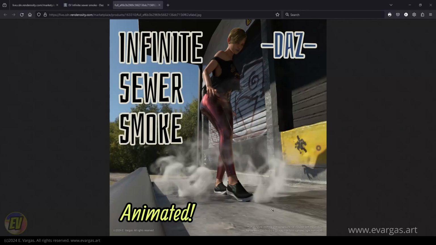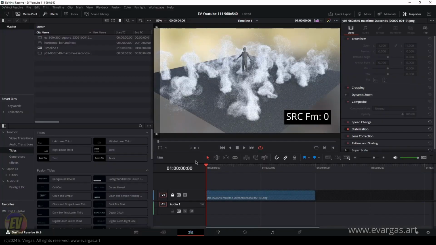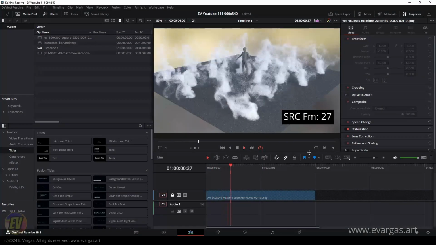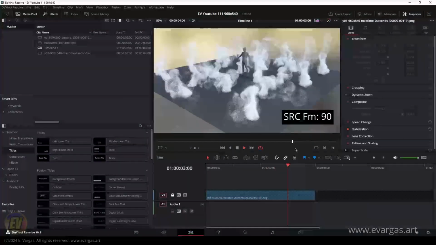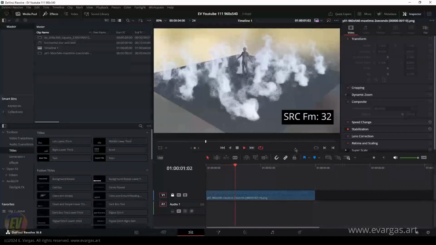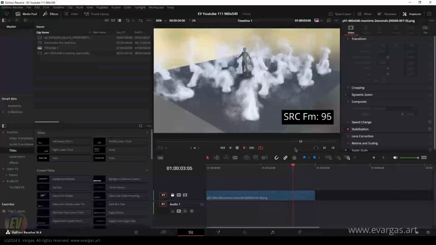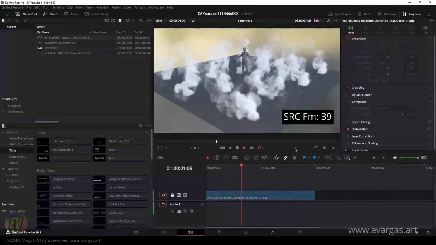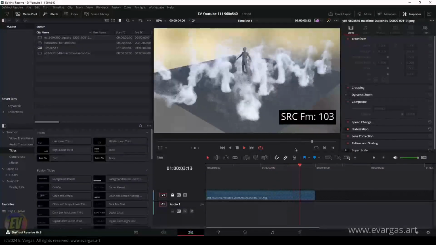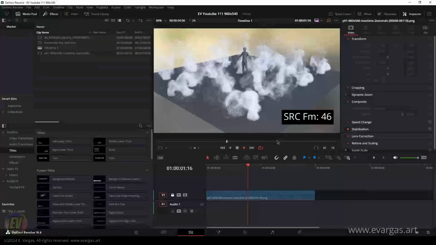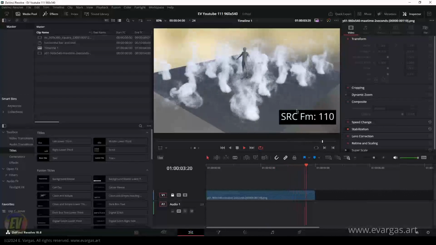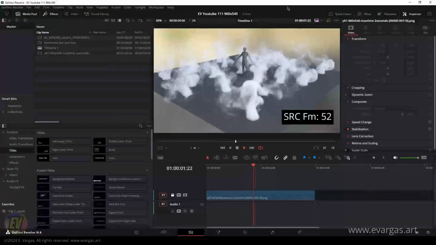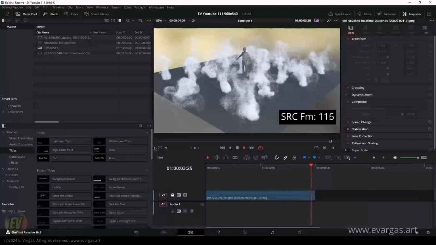Hello guys, in this video we will take a look at this new product for Daz Studio called Infinity Silver Smoke. Here you can see how it looks after rendered. This video is running at 24 frames per second. I don't know if it will look fine in YouTube because of the different frame rates, but this is what you can achieve. It's an infinity loop. You can see the start and the end matches,